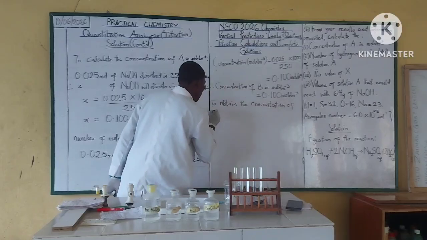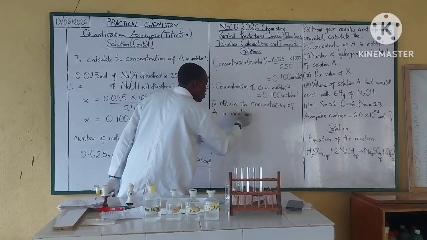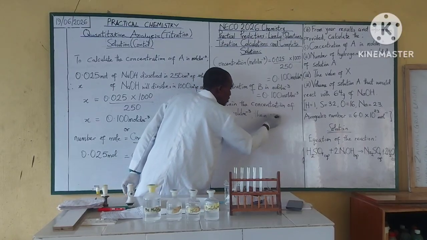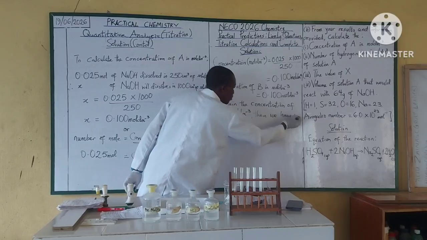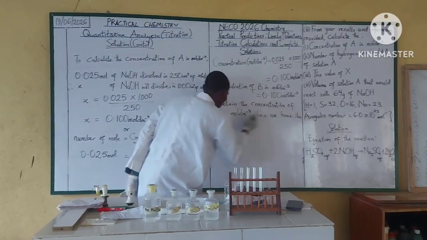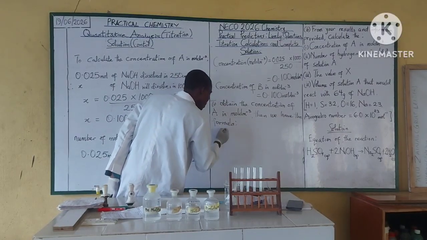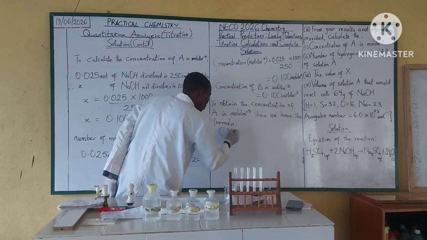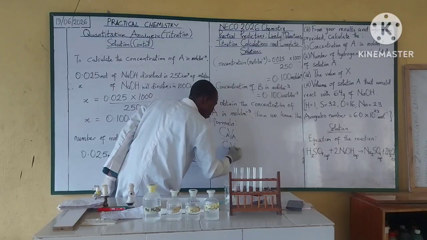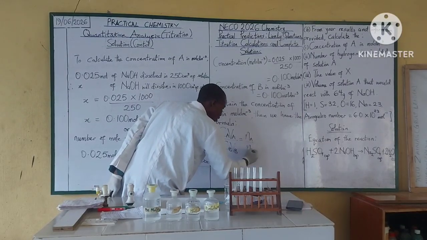We have the formula: CA VA over CB VB is equal to NA over NB,